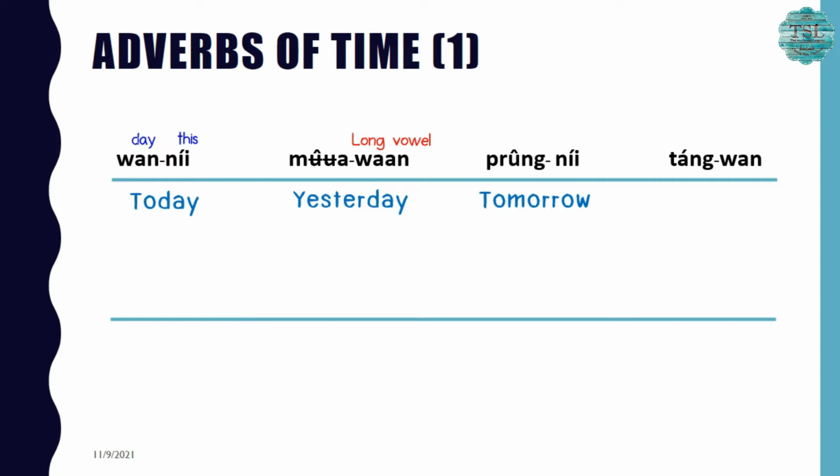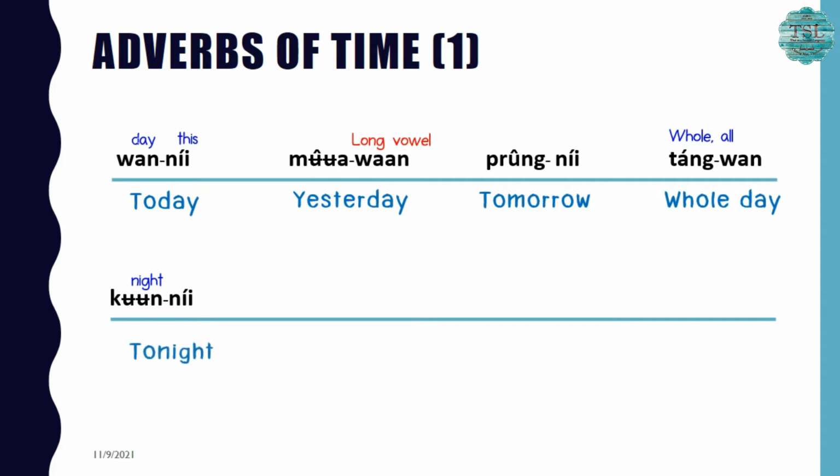ทั้ง means whole or all. So ทั้งวัน means whole day or all day. The next one is คืนนี้. คืน means night, and นี้ means this. So คืนนี้